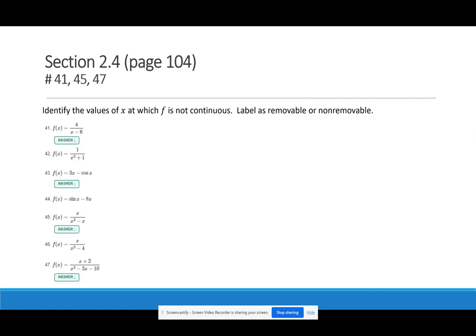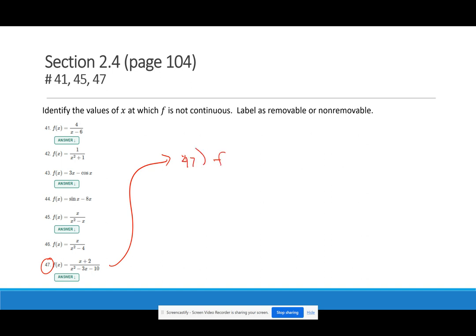All right, to the next issue, where they're asking you to identify values of x where the function is not continuous, and then talk about whether they're removable or non-removable. All right, and they said look at 41, 45, and 47. So why don't we take a look at 47? Okay, so on 47,